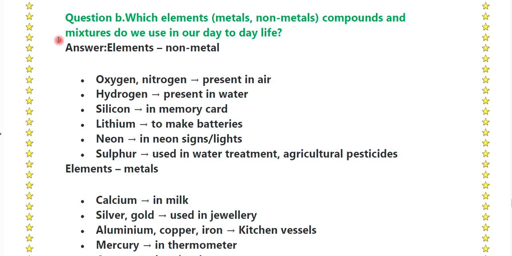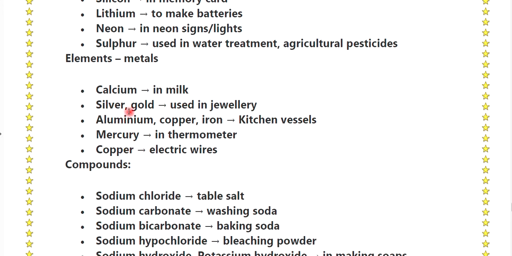Question number B. Which elements, metals or non-metals, compounds and mixtures do we use in our day-to-day life? Answer. Elements are non-metals: oxygen, nitrogen present in air, hydrogen present in water, silicon in the memory card, lithium to make batteries, neon in neon signboard lights, sulfur used in water treatment, agriculture, pesticides. And the elements, metals: calcium in milk, silver, gold used in jewelry, aluminium, copper and iron in kitchen vessels, mercury in thermometer, copper in